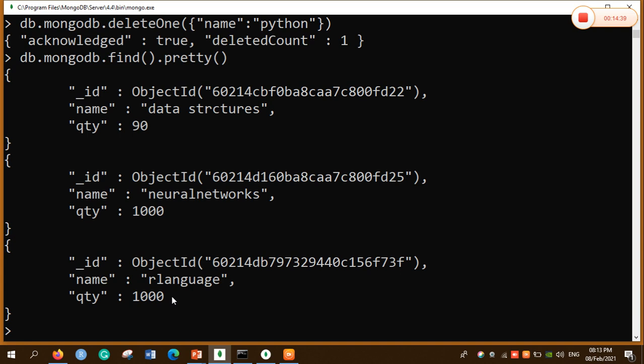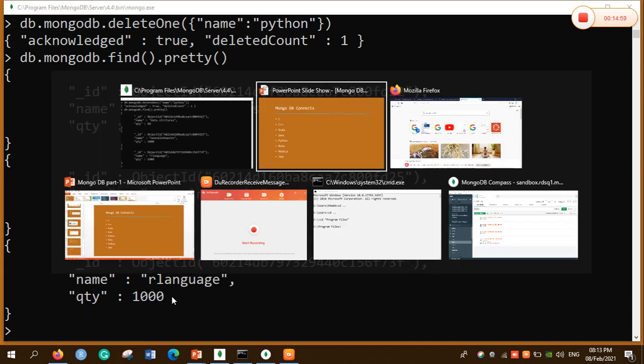So these are some of the basic CRUD operations of MongoDB. In my next video, I am going to give some more CRUD operations as well as the aggregation pipeline, and how we can use the find method and findOne, as well as deleteMany, and the remove method, that is how we can remove the collection, etc. Moreover, I am going to show what MongoDB Compass is.